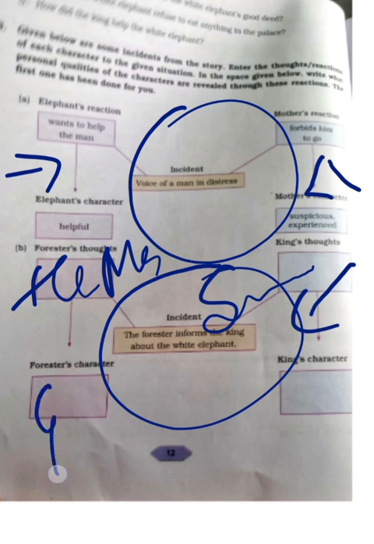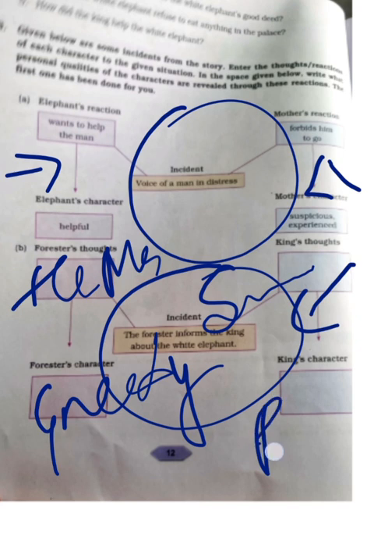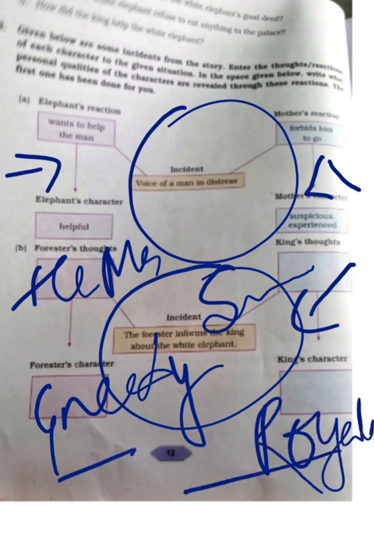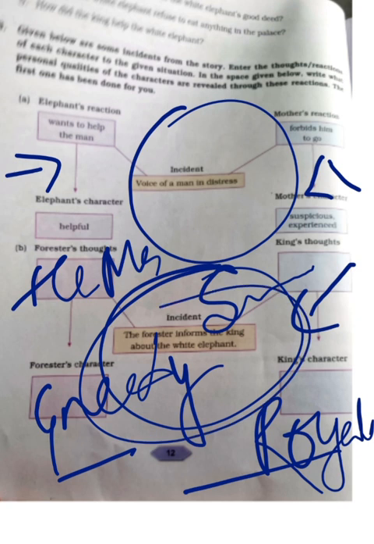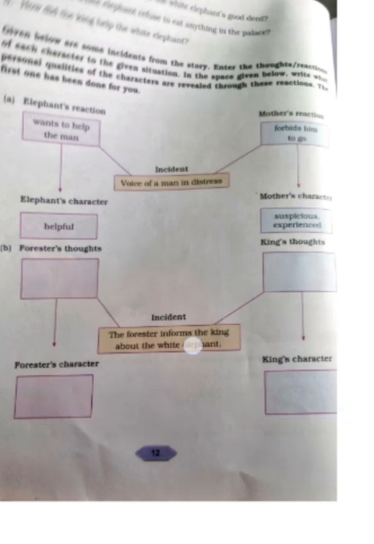Forester's character is greedy and king's character is royal. Did you get that? The difference? The incident is about the white elephant. Okay? Then in the next page,